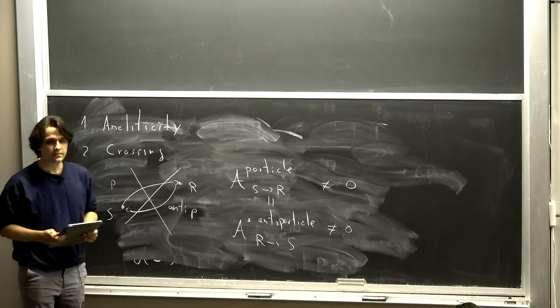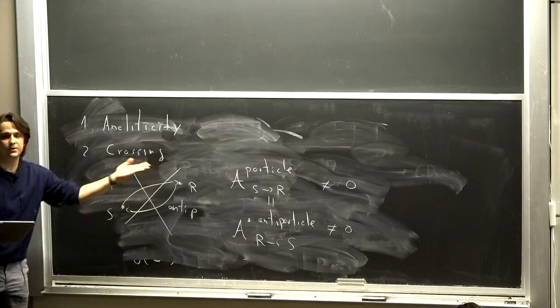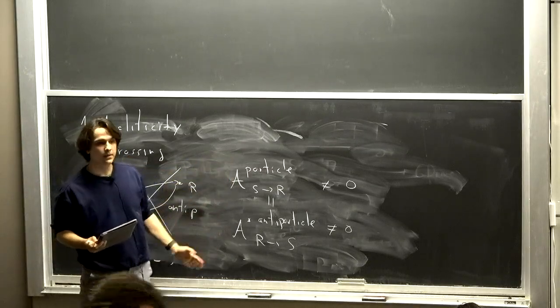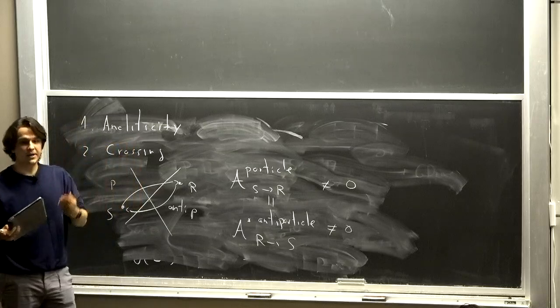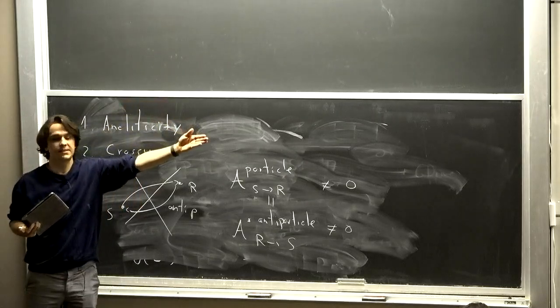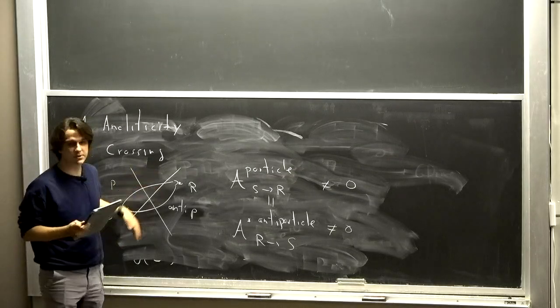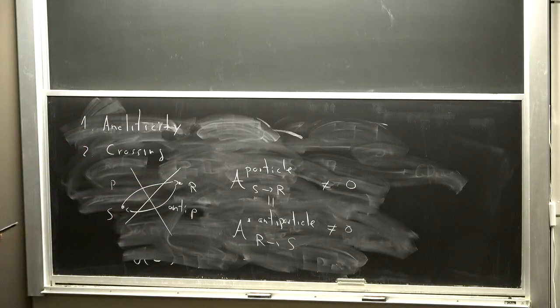When these are complex momenta, the process of having a particle come in from the state should be related to having R and doing the opposite. And it's called crossing symmetry. So these two things are what we learned from causality.